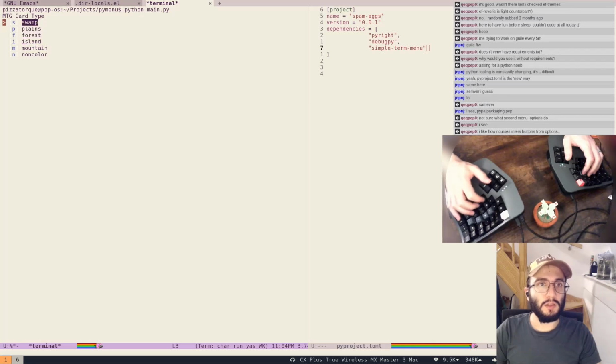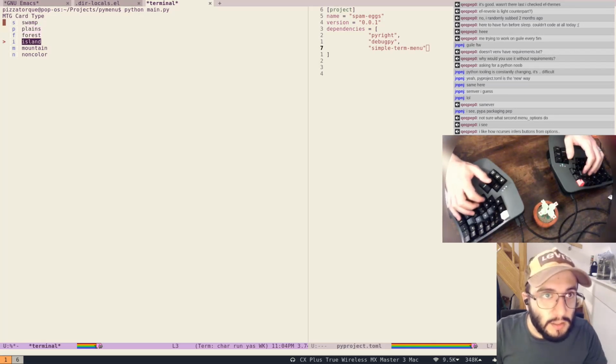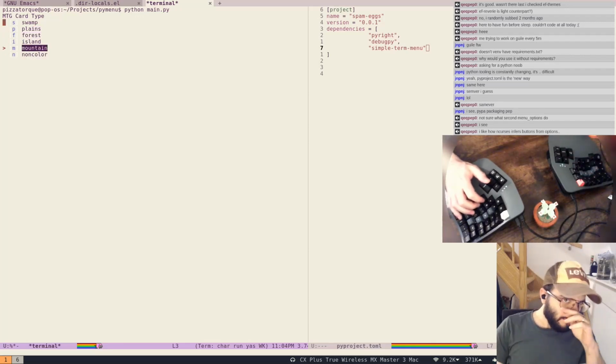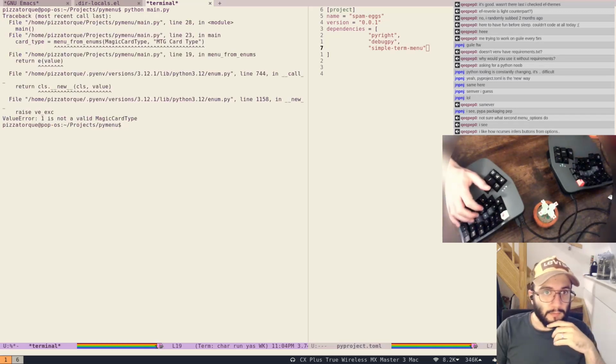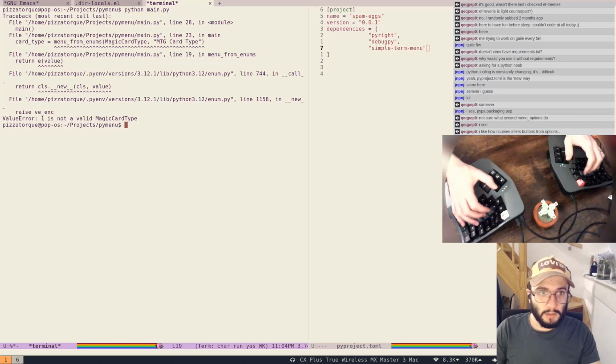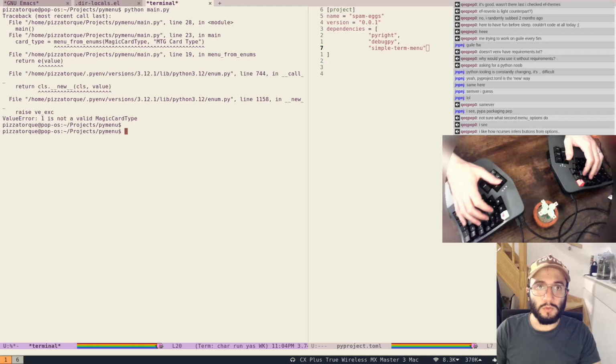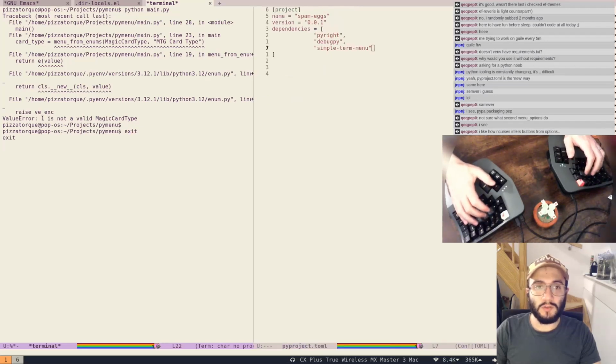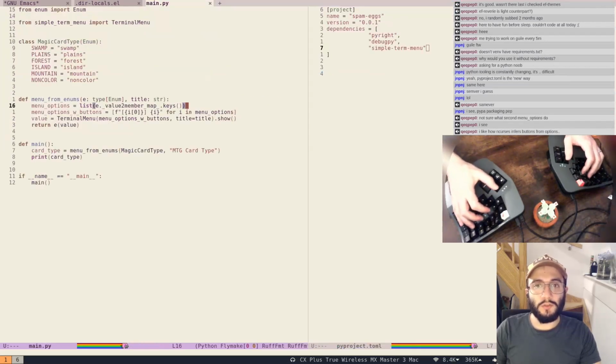Looks kind of ugly with this theme and the cursor just standing there. But yeah, what if I do P for planes? I just killed it. Value 1 is not a valid magic card type. Whoa. Okay. This is not good. So it means that it returns a number. So if it returns a number, what we have to do is,